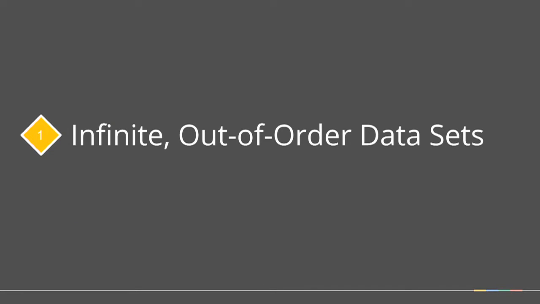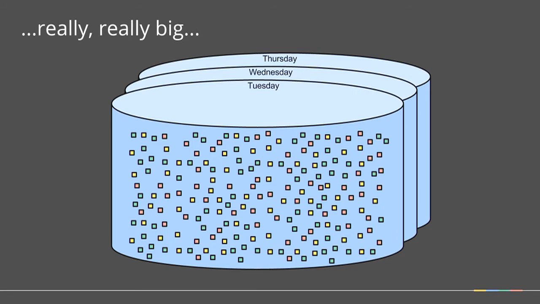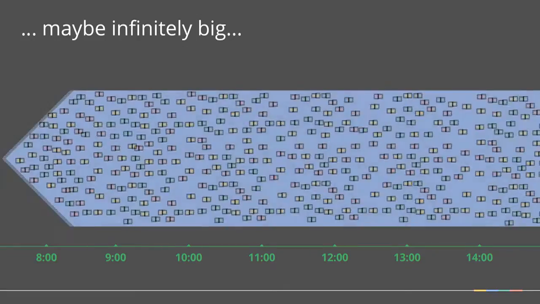So, infinite out-of-order data sets. You and your users, everyone generates data. You care about it, you collect it. You don't think about it as a file, you think about it as elements or records, and you want to understand the meaning from them. You have some data, it can grow big, it can grow much bigger, so you have to structure it in logs or daily logs or things like that. But essentially what you're trying to capture is this infinite data stream that's coming into you.